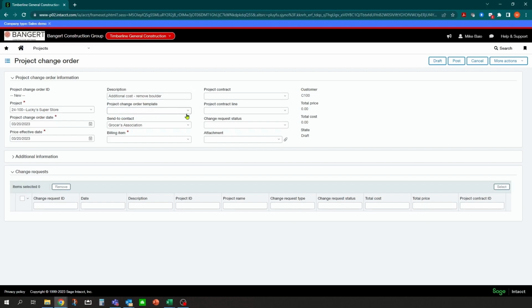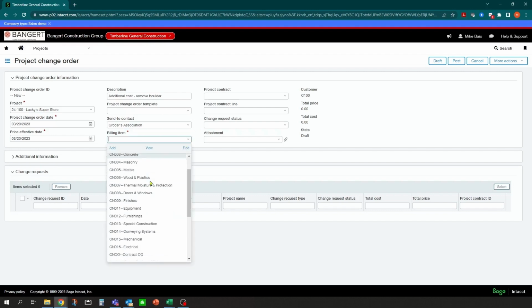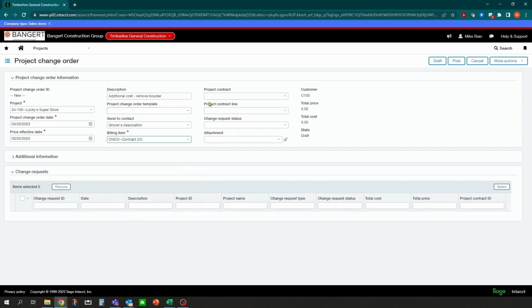So this is where ours is a one-to-one, but in some cases you can have 3 change requests that get approved by the owner and they're going to flow into one change order.